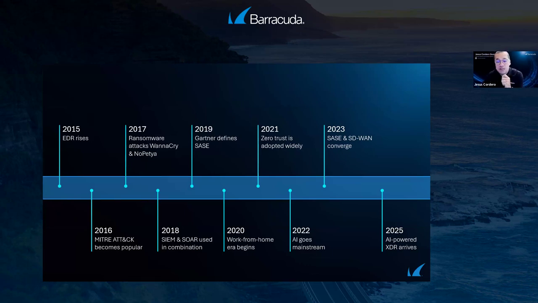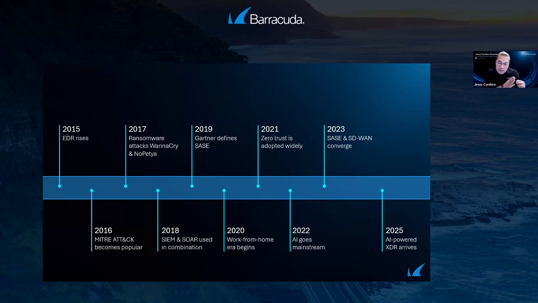If you look at whatever happened since the beginning of EDR technology and all the things that we saw in the last 10 years, since 2018, 2019, Gartner defined the Secure Access Service Edge as the new topology for network design. It means no more only on-prem, based on huge data centers, but a service edge coming from the cloud for policy management, for administration, for enrollment, etc., and for connectivity.